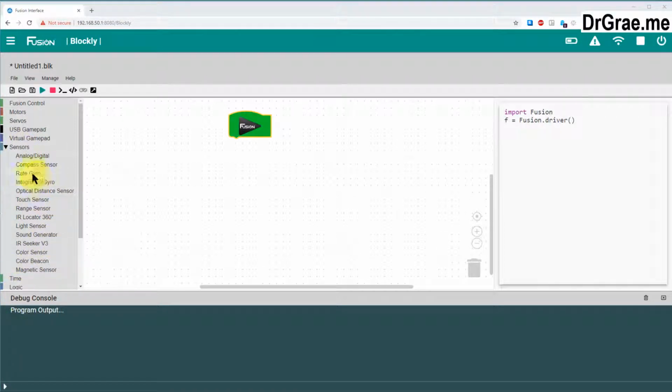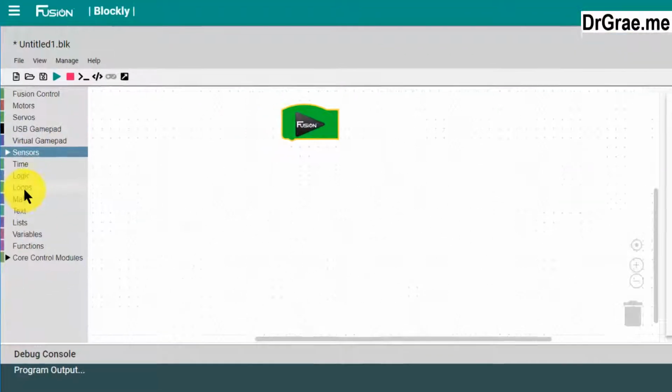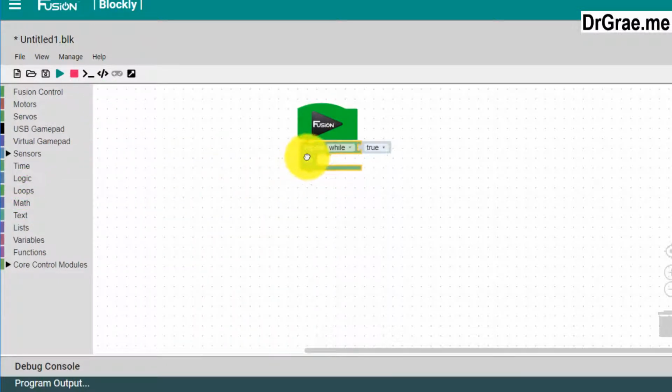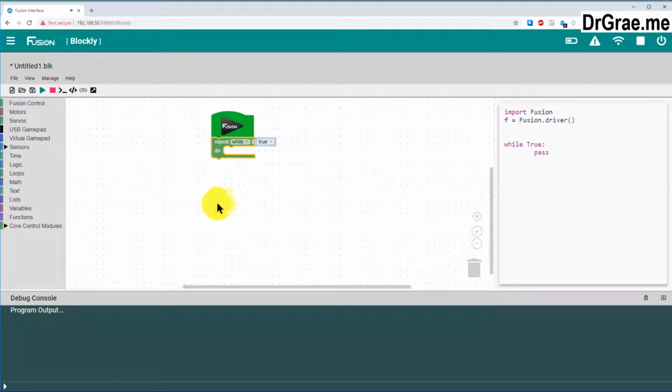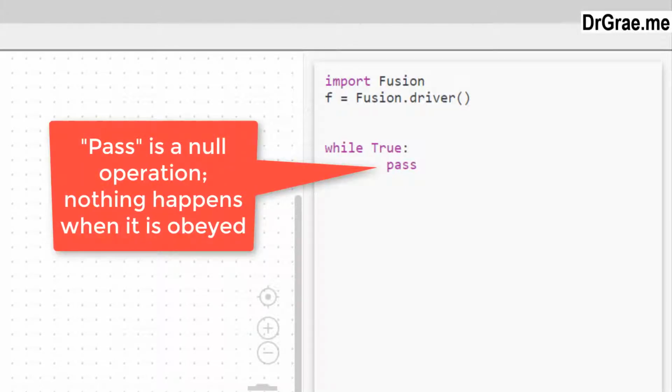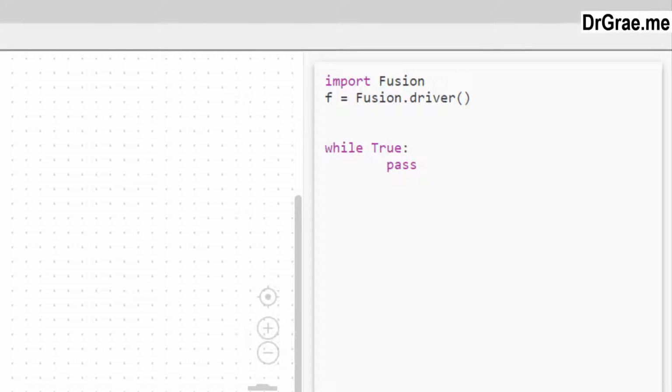Next, we want a loop. We go to the Blocky loop menu item and select the repeat while true loop. You will see the Python equivalent on the right hand side. The Python pass command does nothing to the logic of the Python program. It is just a reminder to us that anything inside the Python loop must be indented to the same indent